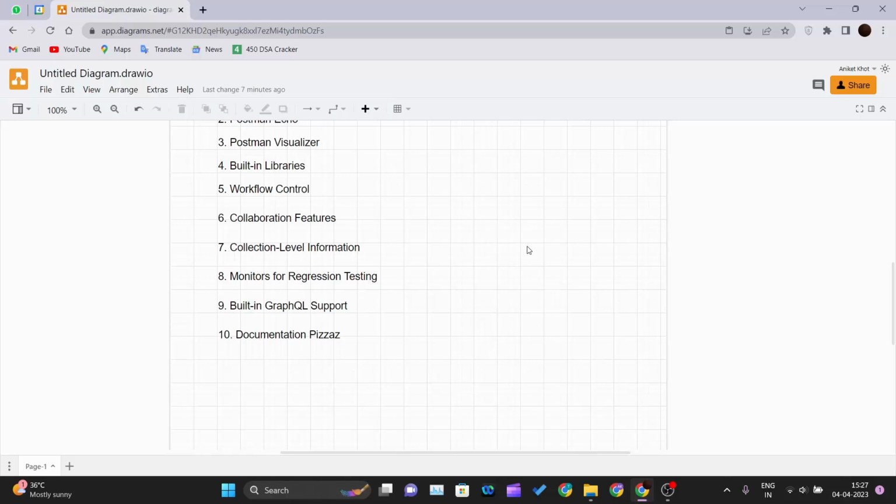Take advantage of the multiplayer experience with shared workspaces and make it a group effort. So in that phase collaboration features come in, where you can collaborate with your teammates or your friends